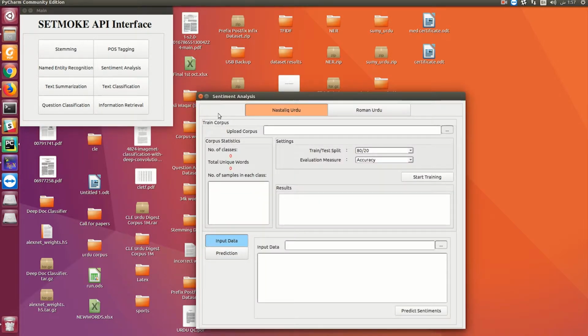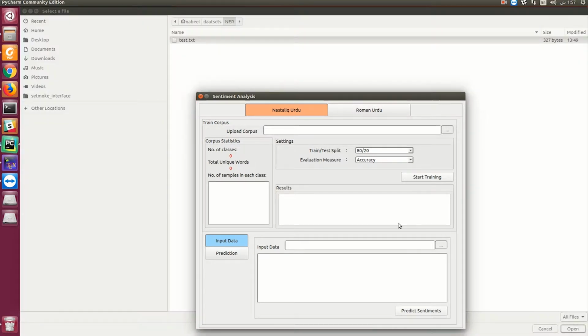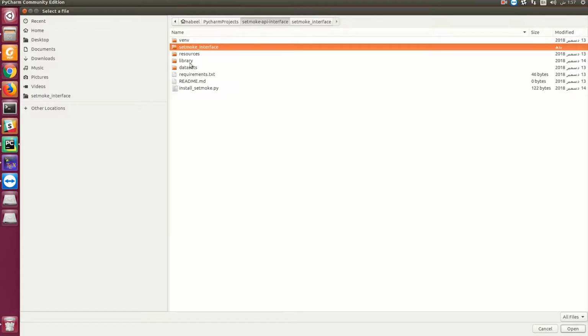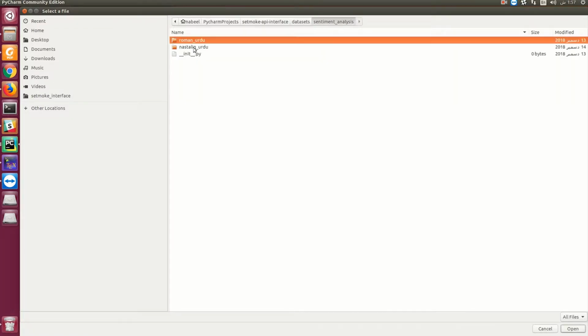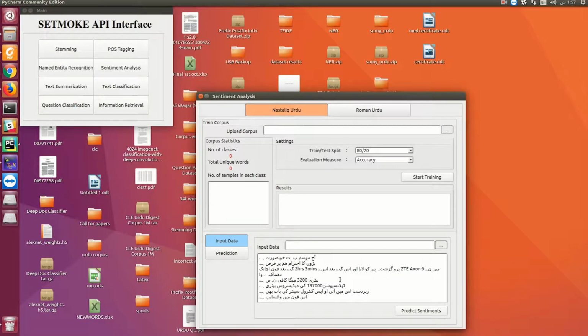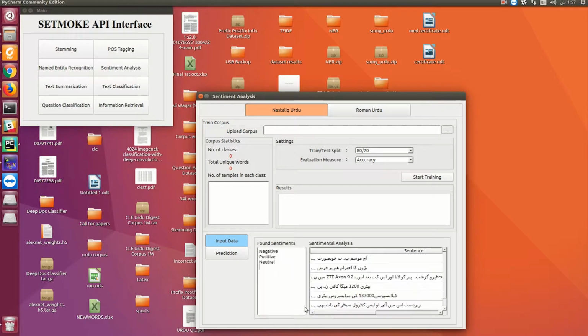Let's move on to sentiment analysis. I'm not going to train my model as I have already trained the model over the sample corpus. So let's straight away make a prediction. I'll input some data. I'll select a test file. Here we have a couple of sentences, and now I'm going to predict the sentiments,